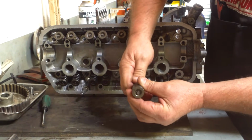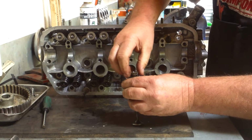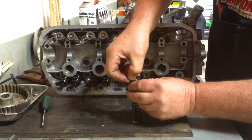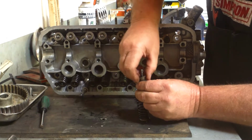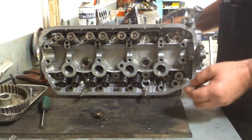So the cylinder head's here and it goes up and down. So I'll pull it apart without trying to lose everything. I can't stop mentioning how small they are, and if you lose them, we're in trouble. So I'm going to assemble